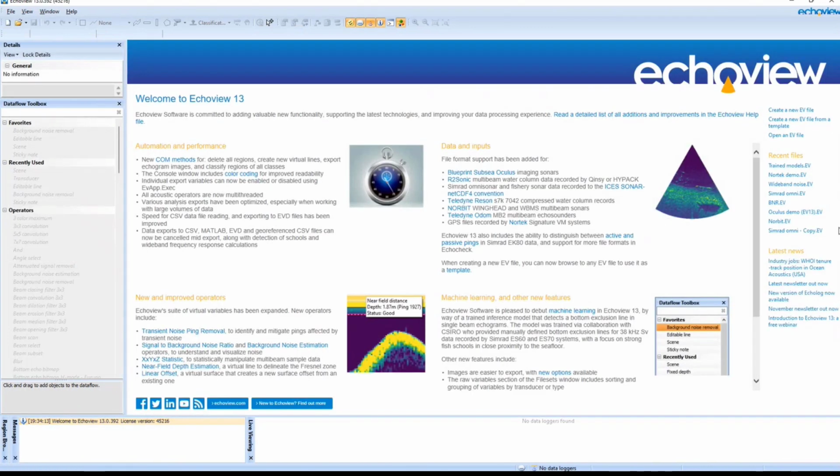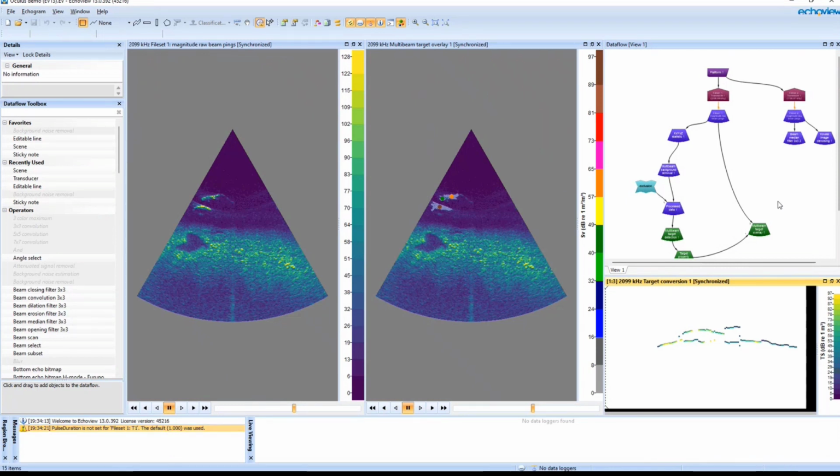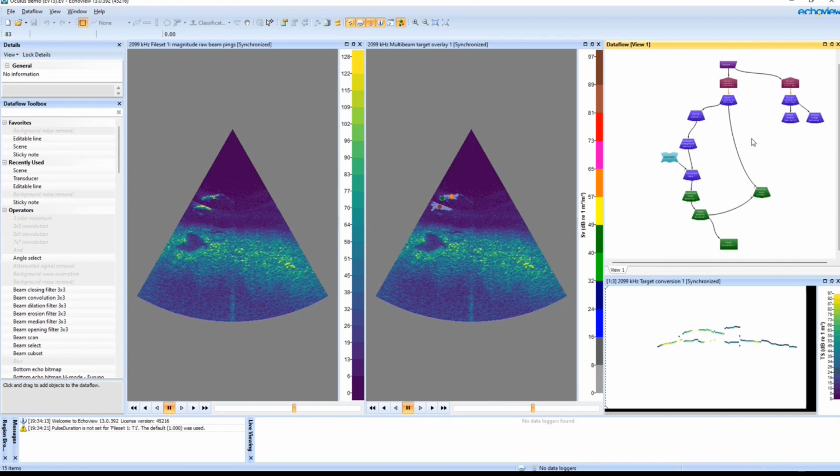We'll start with Blueprint Subsea Oculus. Now, this is a multi-beam imaging sonar, which some of you may be familiar with these types of instruments. This data was shared by Kevin Webster, formerly of Blueprint Subsea. And what we can see here is on the left, this is the raw data echogram pings that have been extracted from the data file. In the second window, I'm displaying the results of my data processing steps that I've set up in advance, where I'm looking to identify individual fish and count them as individual targets in every ping in this data. And the bottom right corner is a 2D view of that data, so targets over time.